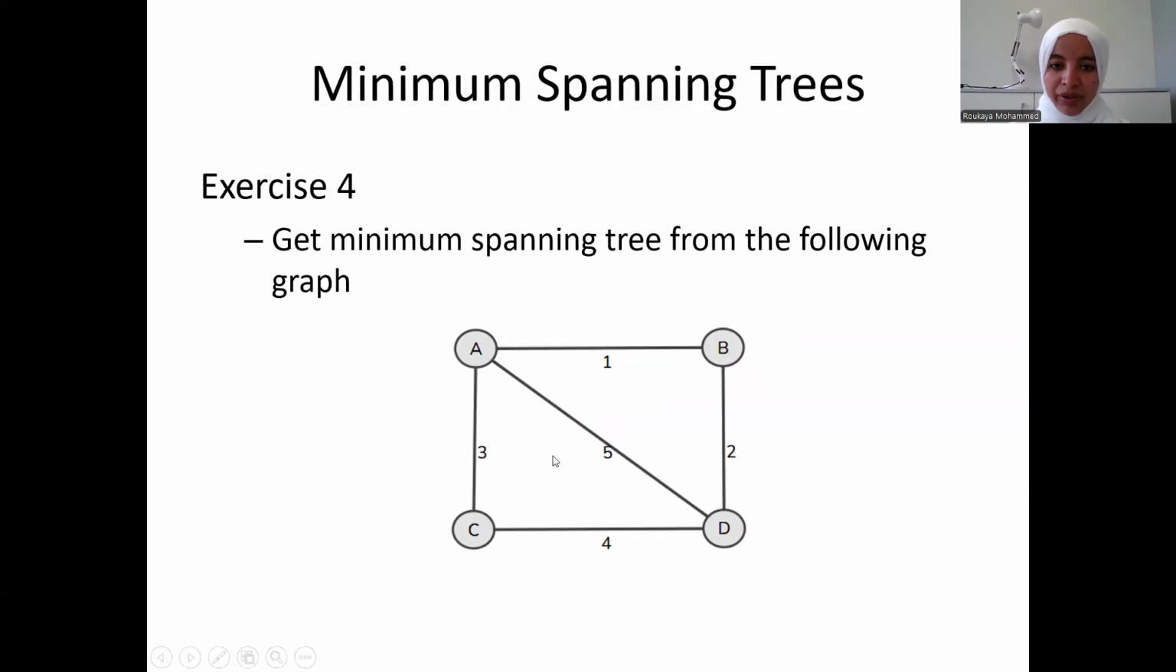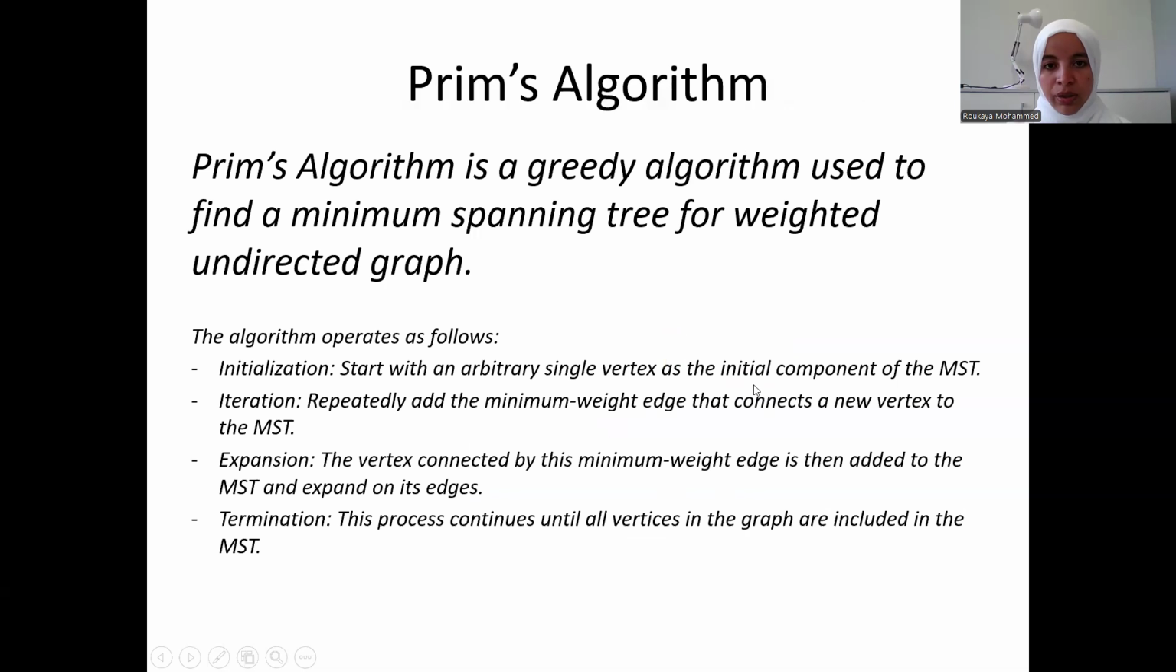Now let's go on and you can practice on this graph. It's a simple graph with A to B 1, A to D 5, A to C 3, B to D 2, and then C to D 4. Now, we can see that getting all spanning trees, calculating the total weight of each one of them, and then determining the minimal one is a pretty costly operation. So we have